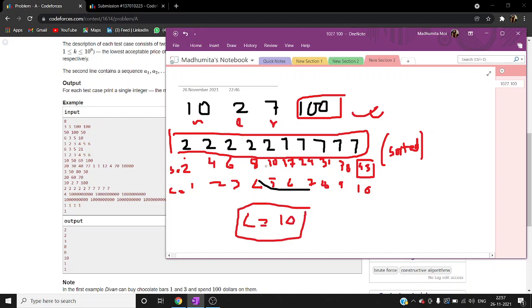So there are only three conditions that we need to follow. Firstly, we need to sort it. After sorting the array, we check each of the numbers.